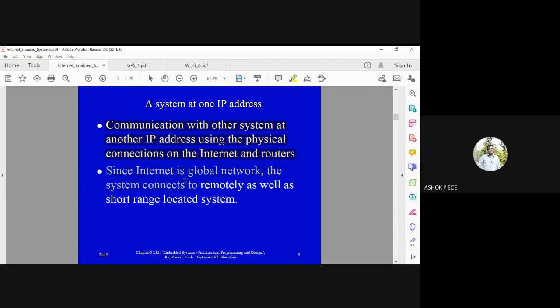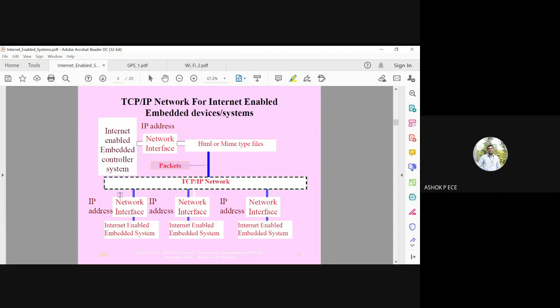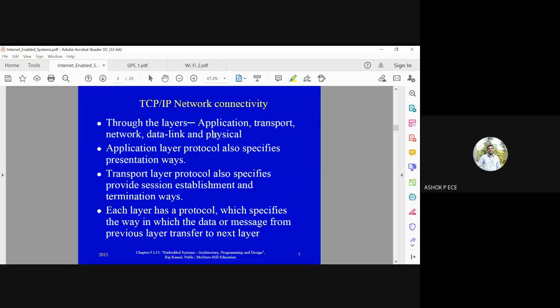Systems which connect remotely, or remote connection of systems, are also possible using this feature. And this is the protocol stack. You can see this TCP IP network. This forms the base for the connection establishment and transfer of data. And below that you will have IP. There are several networks which are interfaced with the IP address. So based on IP address only, the communication happens between the devices.